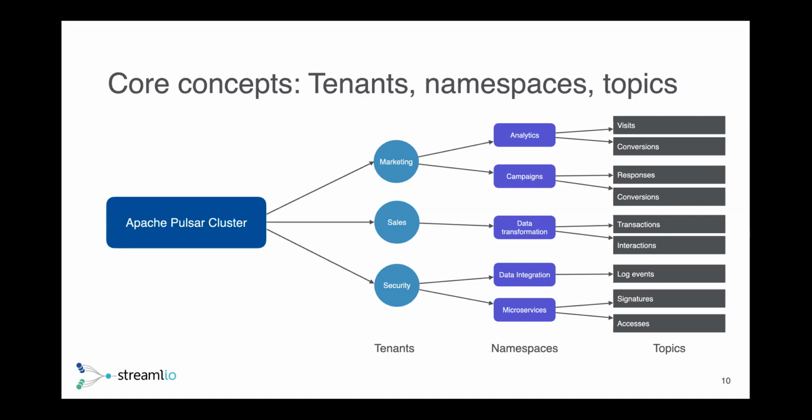On the other end are topics, which are your traditional topics, FIFO queues: data comes in, data comes out, you publish the data there, people subscribe, and consumers come in and read the data off of those topics.